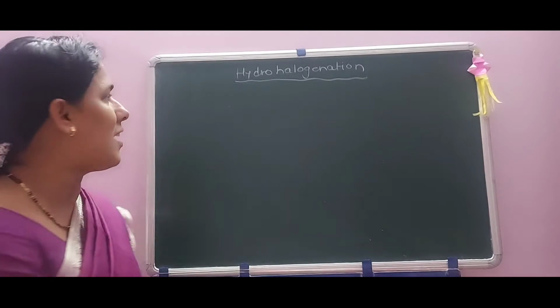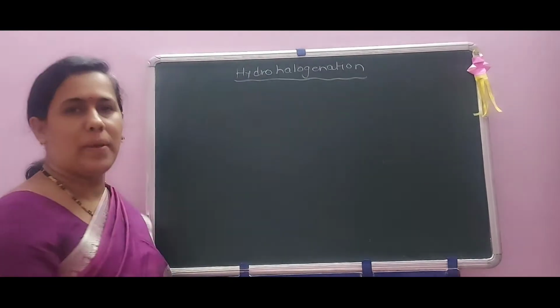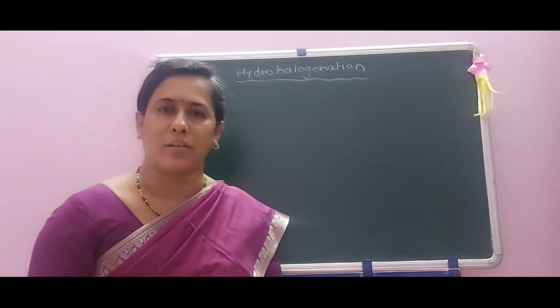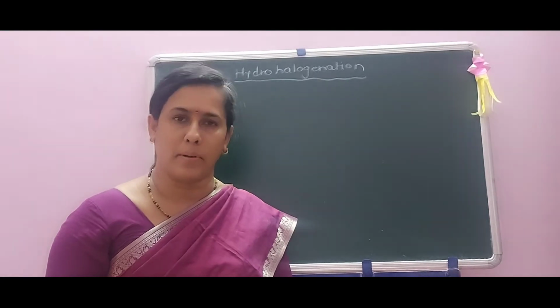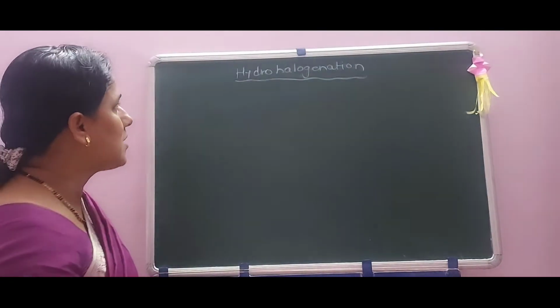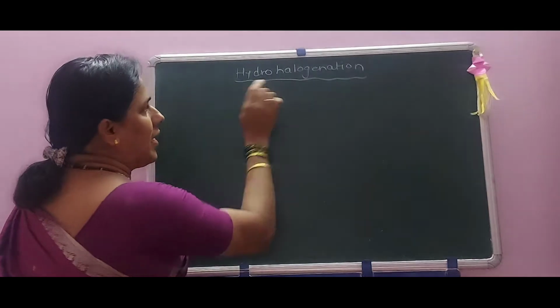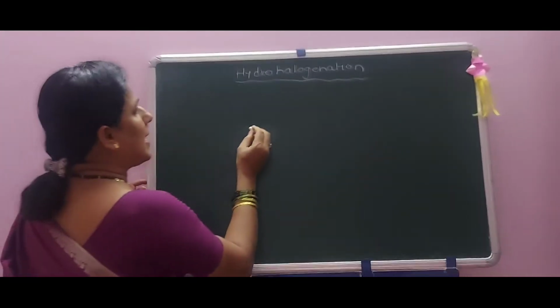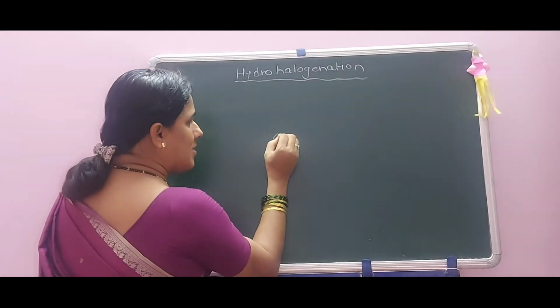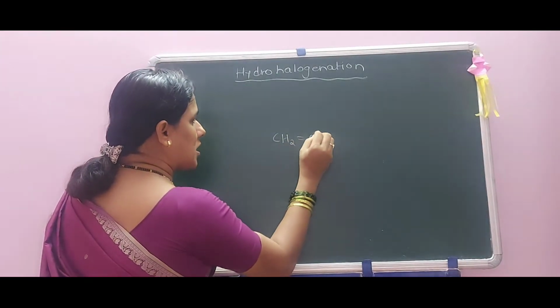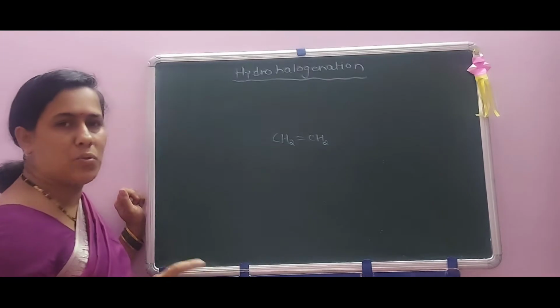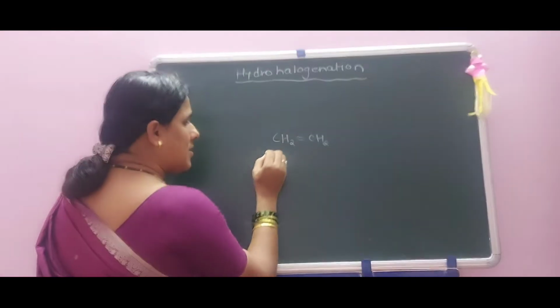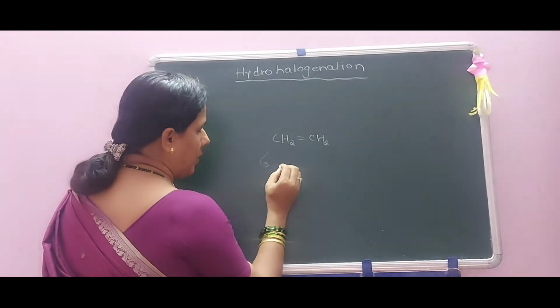Today we are going to start the new point in the topic electrophilic addition across carbon-carbon double bond and carbon-carbon triple bond. In today's lecture, we are going to discuss the hydrohalogenation reaction in the case of compounds like, first, an alkene, that is CH2 double bond CH2. The name of this alkene is ethene, and second is the example of a butene, that is